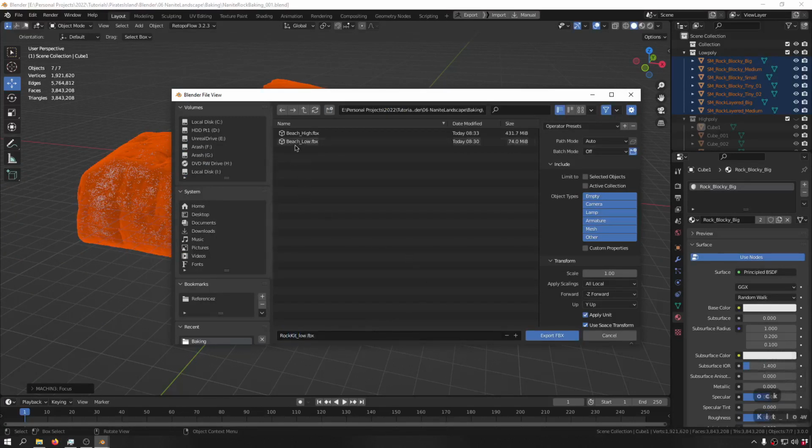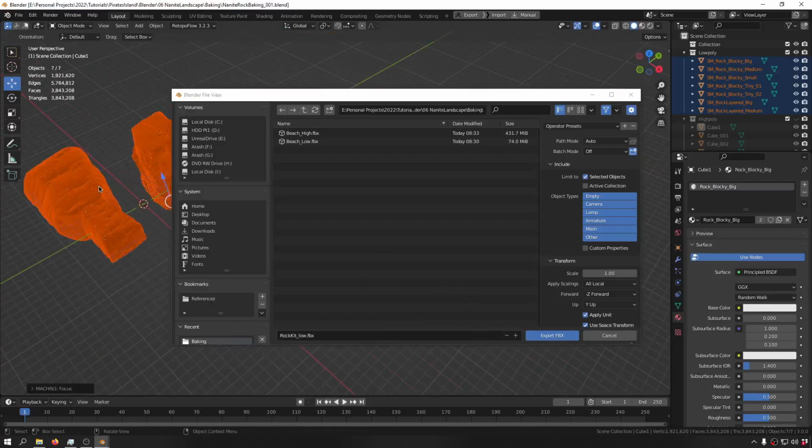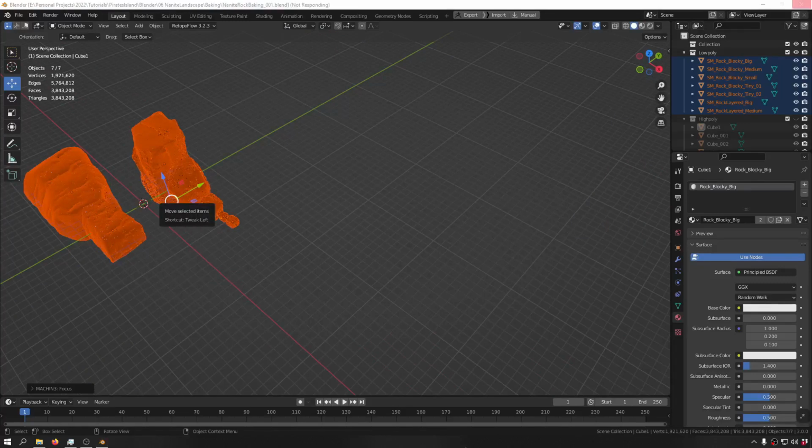So the reason that I'm exporting this separate to the beach is that the substance file would get really heavy and really hard to control because they are going to have a lot of baking information and we will get a lot of errors. So I decided to keep the rocks in one file and keep the beach files in one file again. Okay, let's export this one. And again, since this one is quite beefy, it's going to take a bit of time, even for the low poly. And the high poly is worse as well because it's 14 million polygons